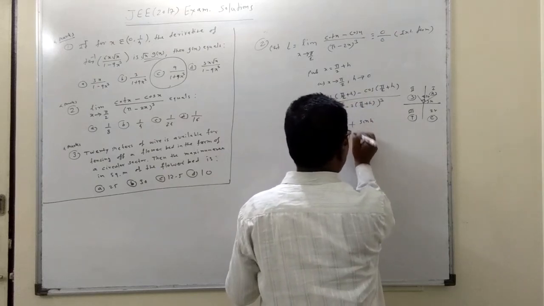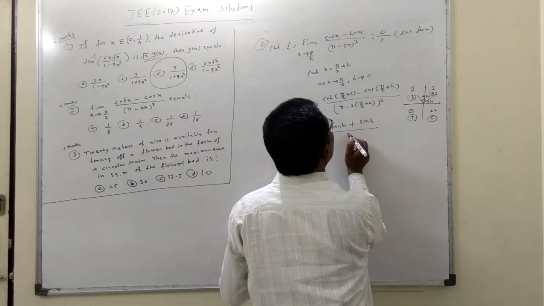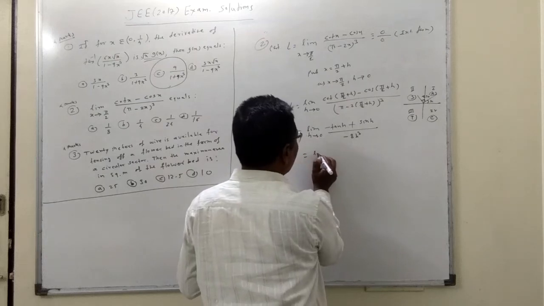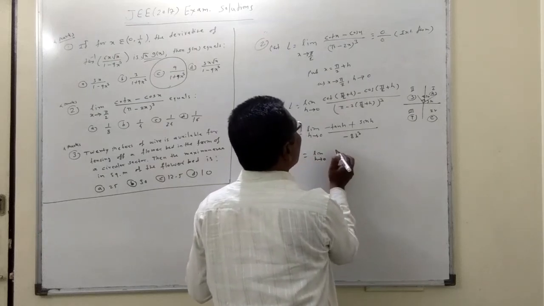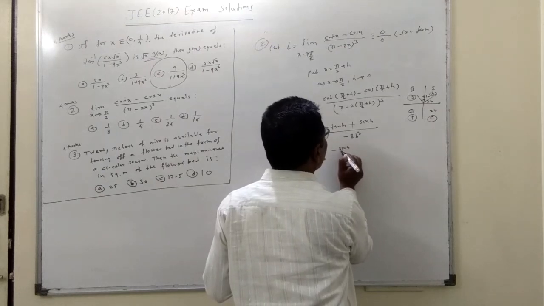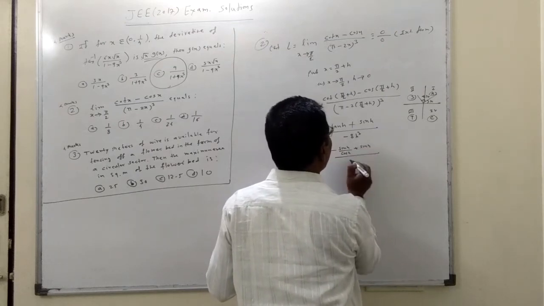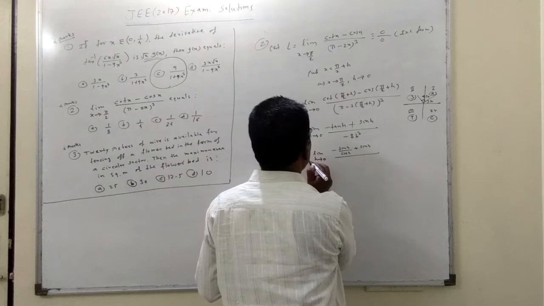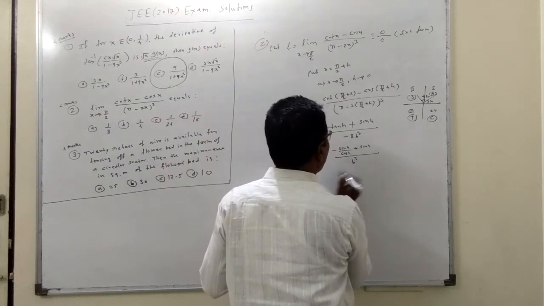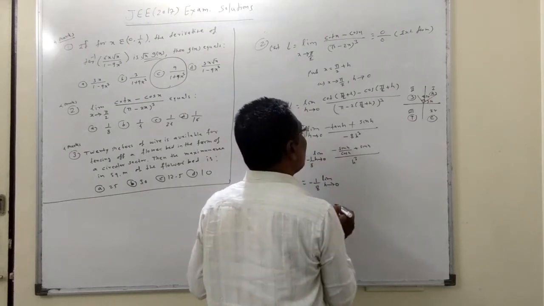Now cos is negative, so minus this plus, divided by, now 2 gets cancelled, pi gets cancelled, minus 2h cube, so minus 8h cube. So that is equal to limit h tends to 0. Now minus tan means sin h upon cos h, and plus sin h divided by minus 8h cube. So minus 1 upon 8, I will take outside the common constant h cube. So that is equal to minus 1 upon 8 limit h tends to 0.